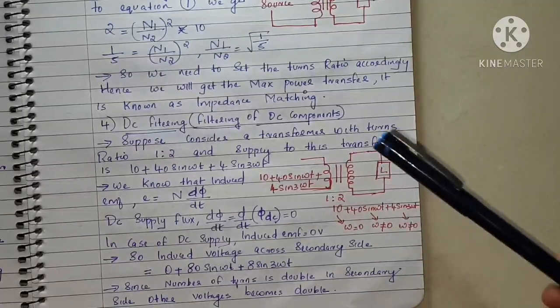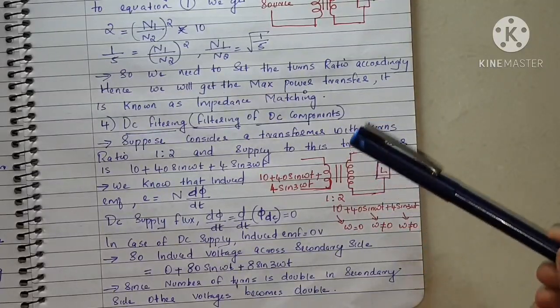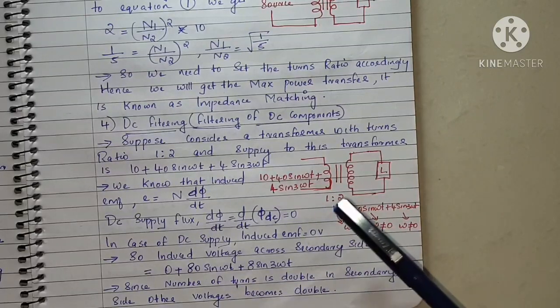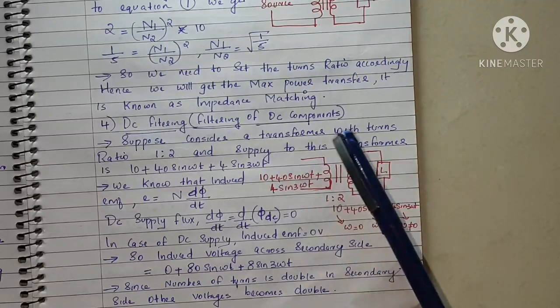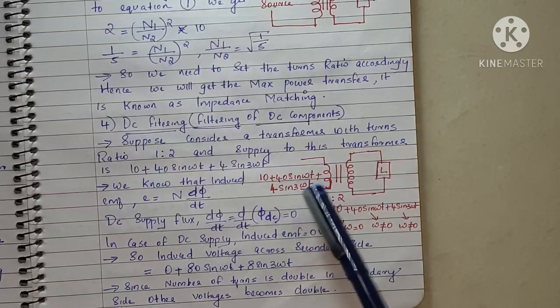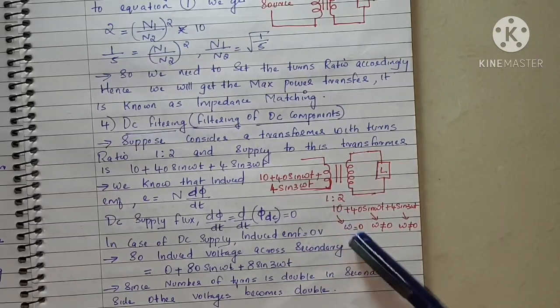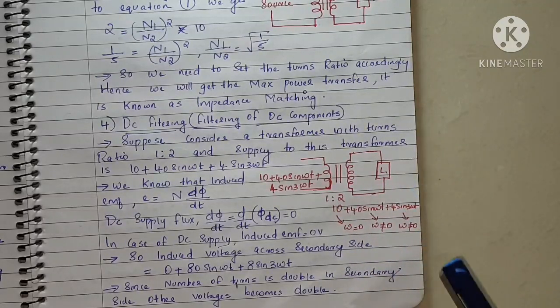The fourth application is DC filtering, that is, it filters DC components. Suppose consider a transformer with turns ratio 1:2 and the supply voltage to this transformer is 10 + 40 sin ωt + 4 sin 3ωt. Here, for the first term frequency is 0 and for the other two terms frequency is not equal to 0. We know that